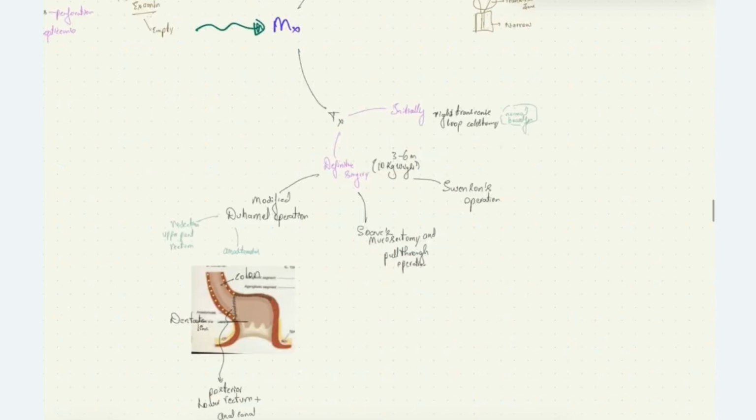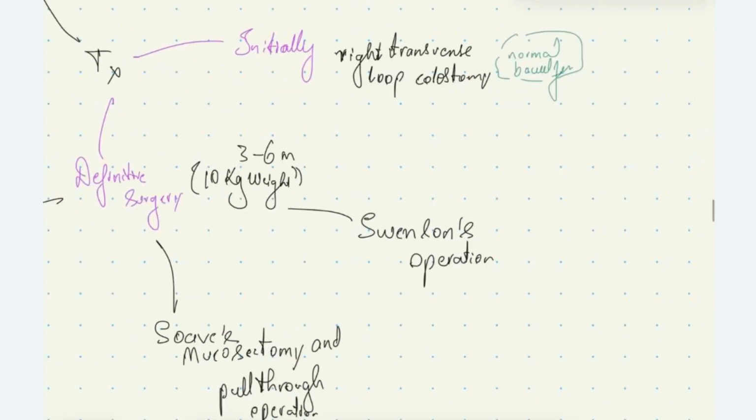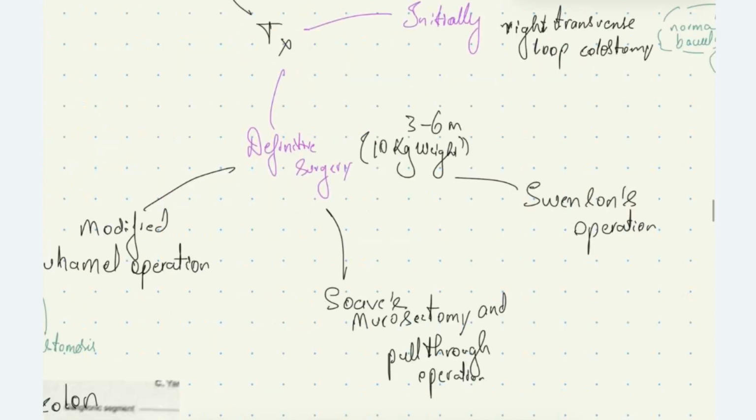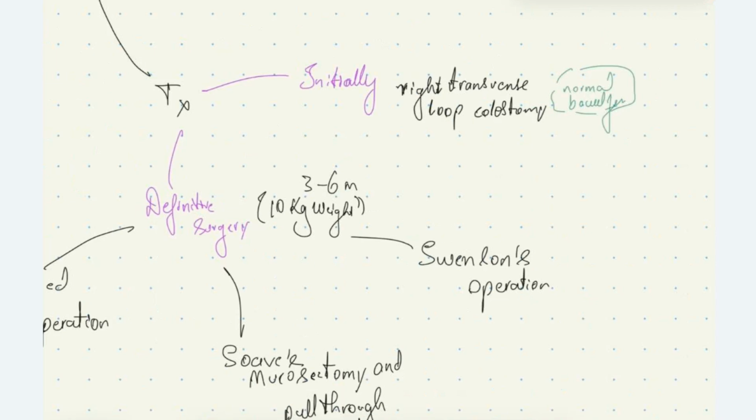For the treatment of this condition, initially we perform a right transverse loop colostomy so that normal bowel function is achieved. The contents of the intestine are brought out through the colostomy stump. After the baby gains 10 kg of weight, at the age of 3 to 6 months, we